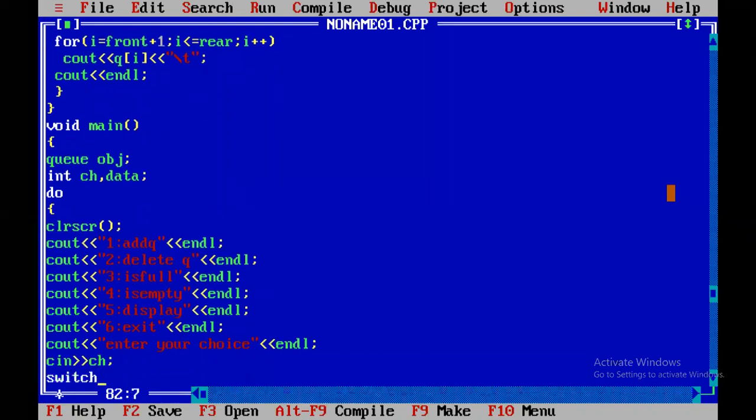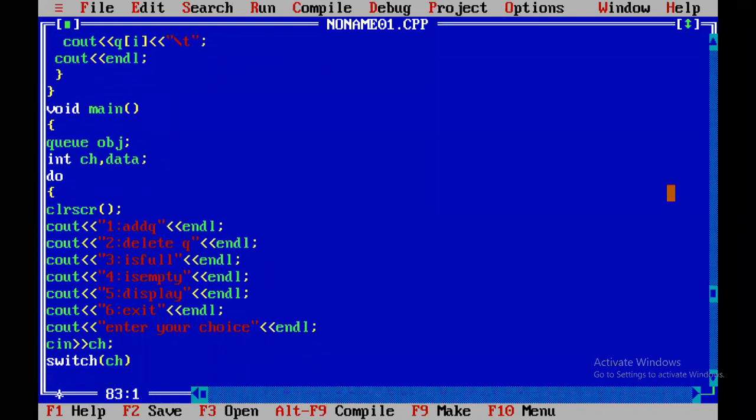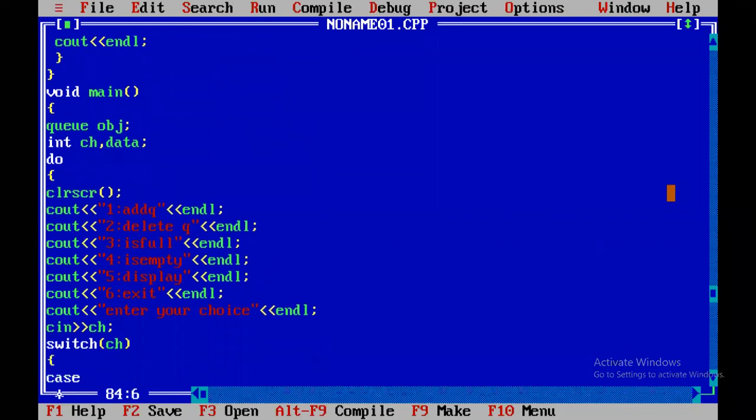Switch. Case 1. Case 1 is used to add the elements into the queue. So first we have to read the value. Cout: Enter the value to be inserted.